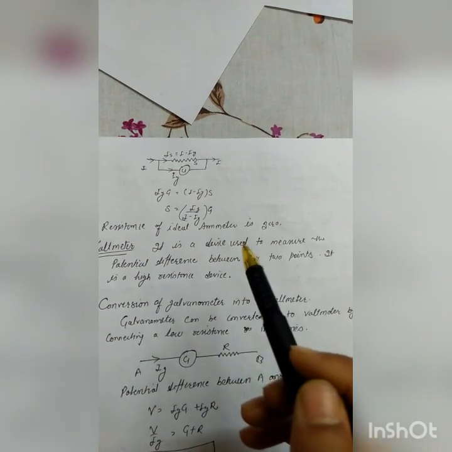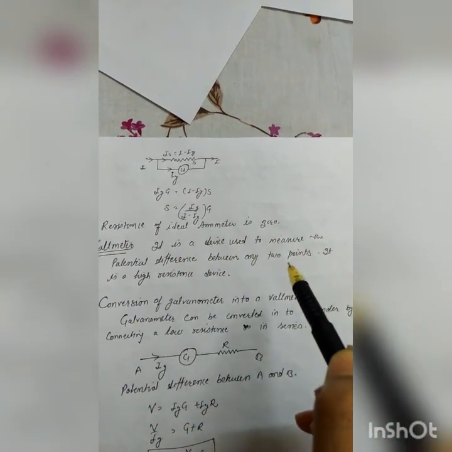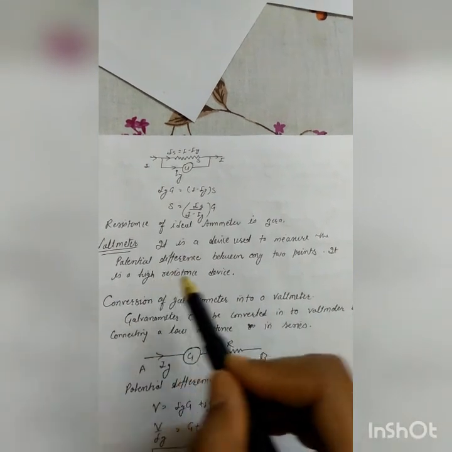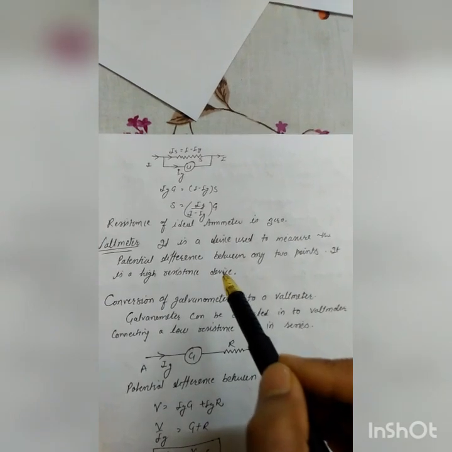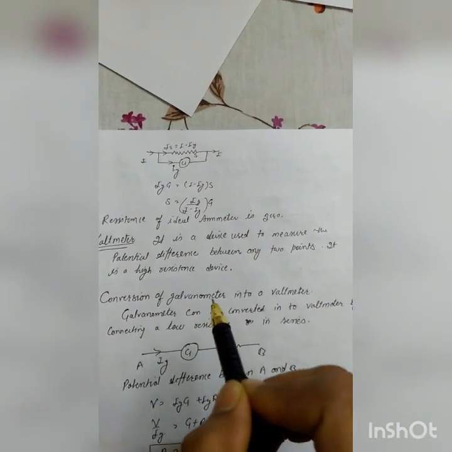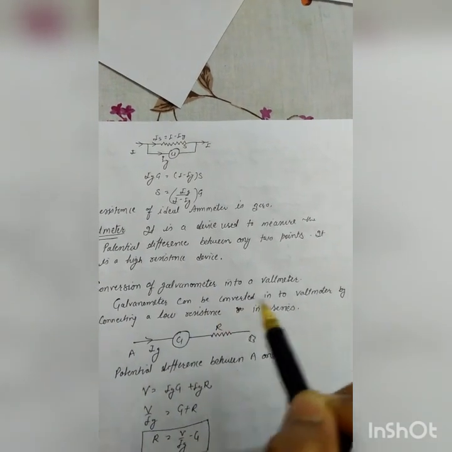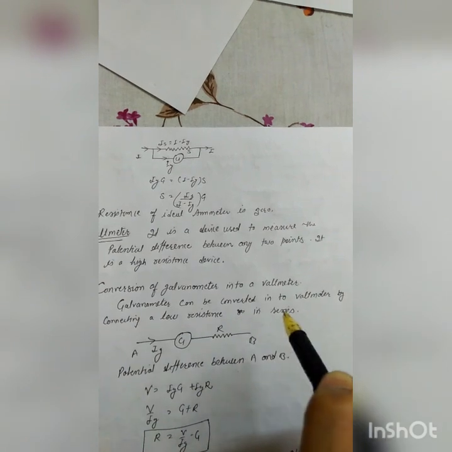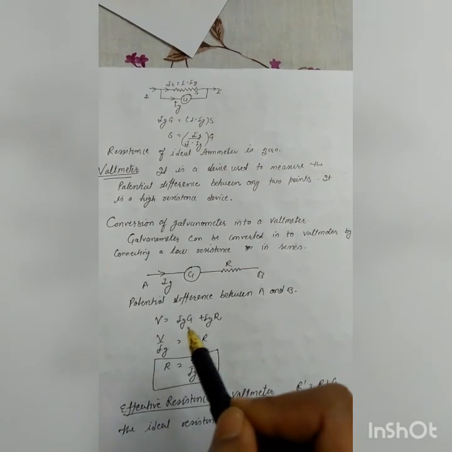Next we have the voltmeter. It is a device used to measure the potential difference between any 2 points. It is a high resistance device, so the voltmeter is connected in parallel. Conversion of the galvanometer into a voltmeter. A galvanometer can be converted into a voltmeter by connecting a high resistance in series. The total potential in the series combination is Ig into G